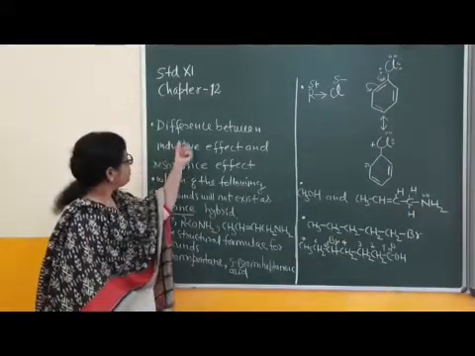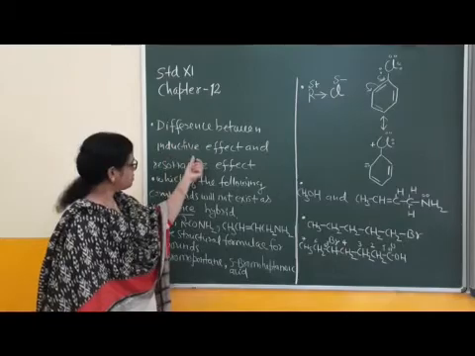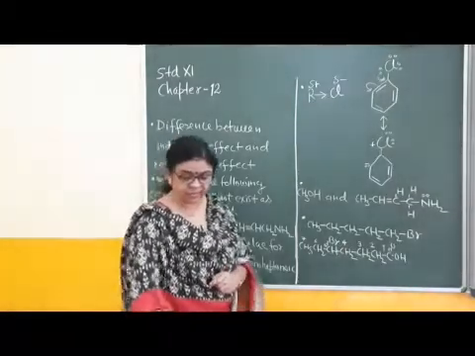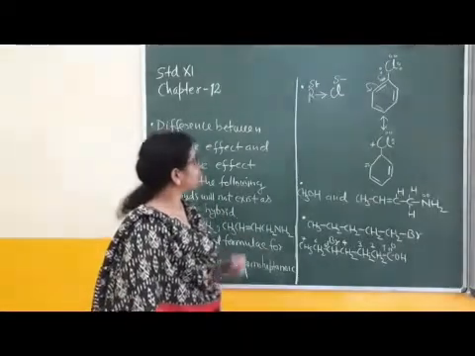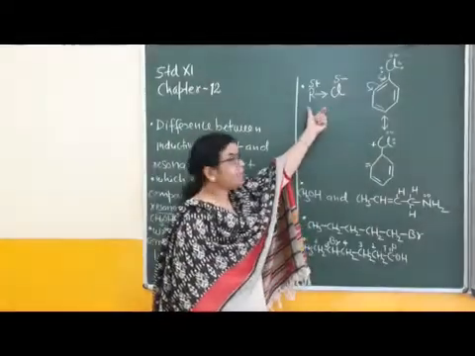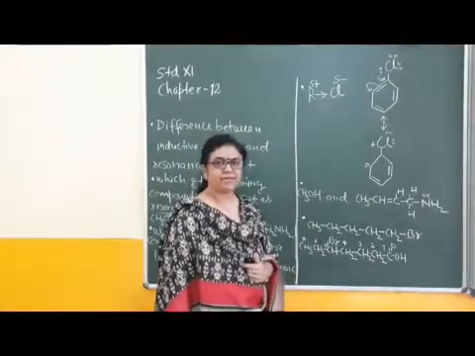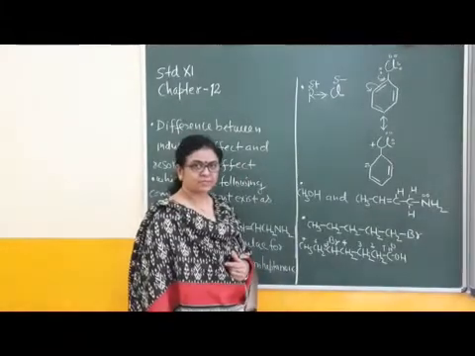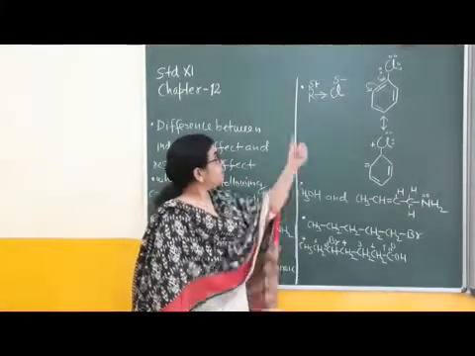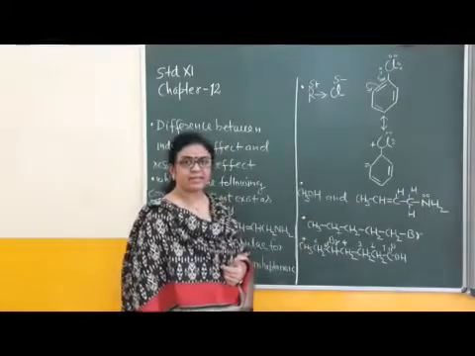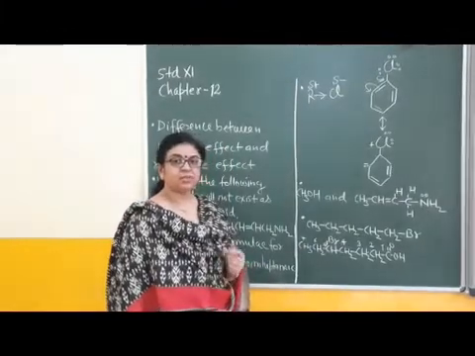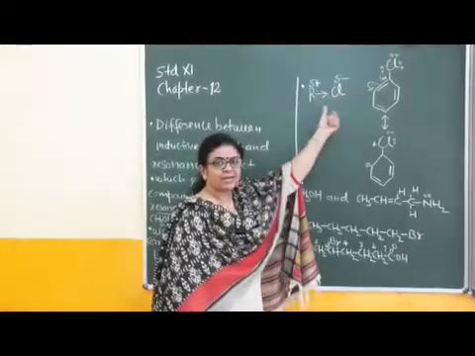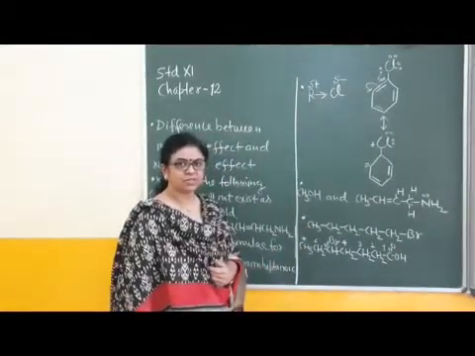First question, what is the difference between inductive effect and resonance effect? Inductive effect is shown by sigma electrons. This is an unknown alkyl halide, an aliphatic halide. R is unknown and this R is attached with halogen. It means the compound is a halide. In this halide, what is the type of effect? Inductive effect, which is shown by an arrow. The head of the arrow is directed towards the more electronegative atom, which is the halogen.